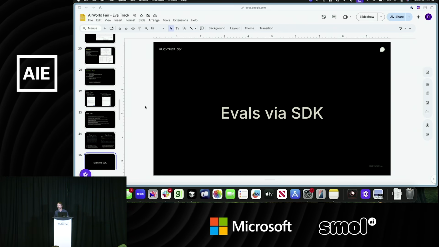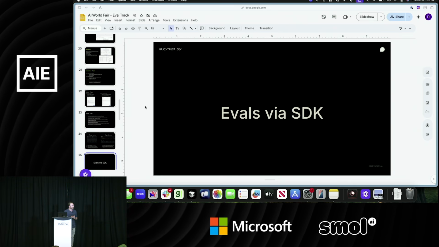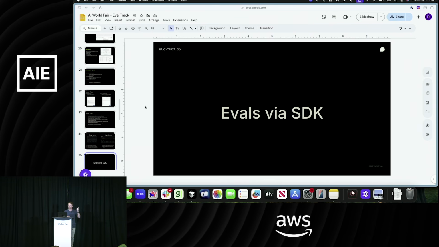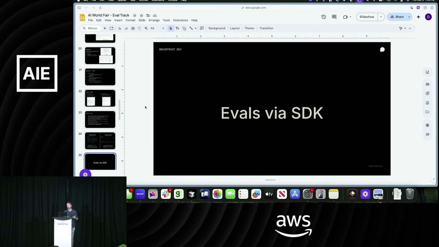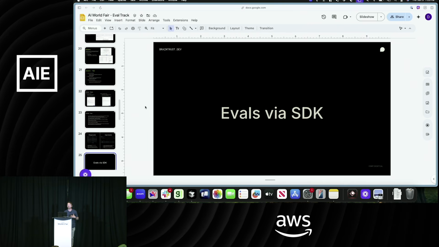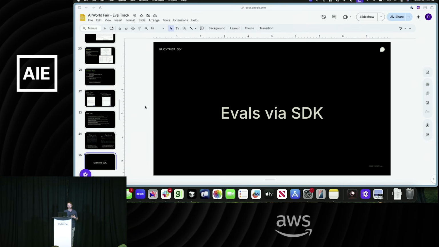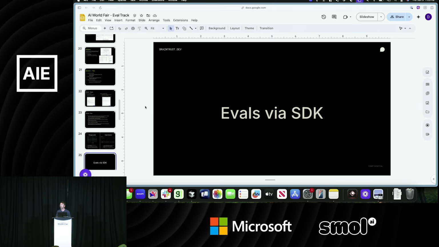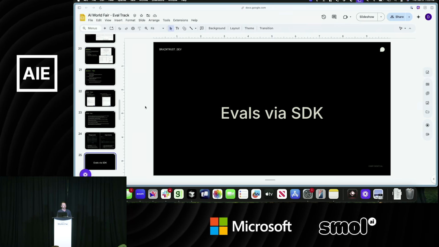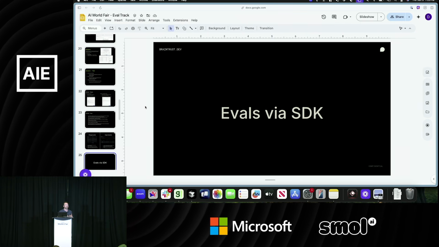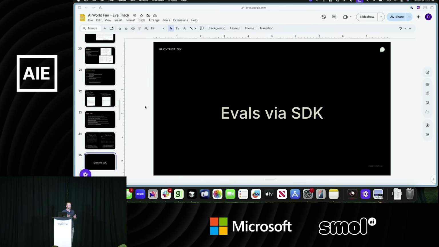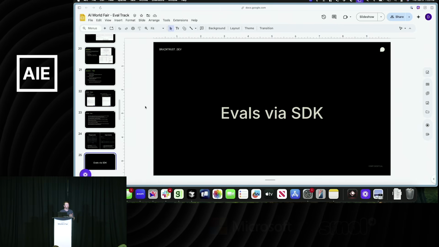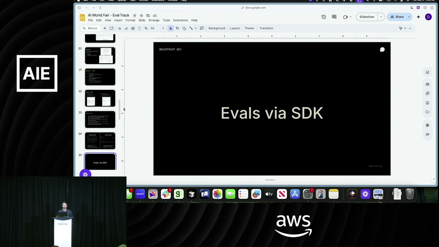So that was a very brief intro to evals via the UI. Again, just to summarize, we need a task, we need a data set, and we need at least one score. We can pull those into the playground, and now we can start to iterate. We can save these via experiments, and now we have a way in which we can understand how well this application is performing. This is no longer qualitative. This isn't, hey, I think this got better, that output looks better. There is actual rigor behind this now.